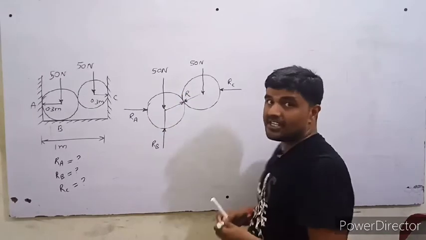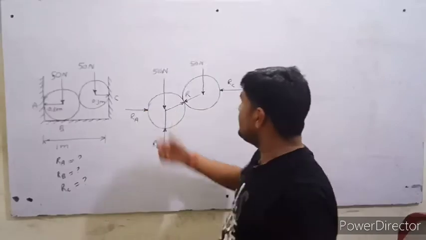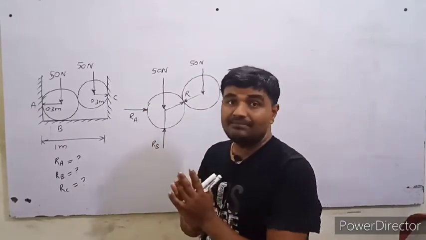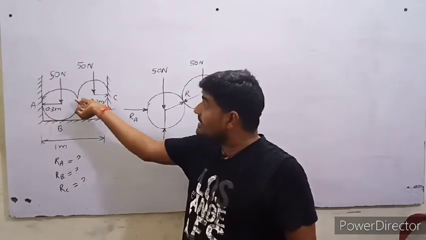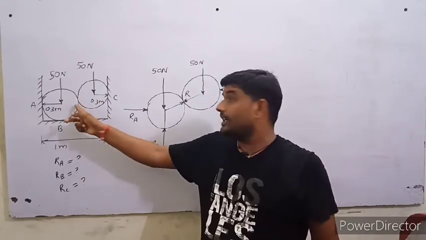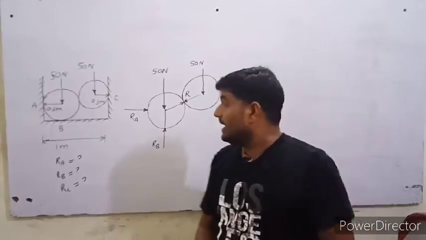equal and opposite reaction, that is R. So students, this is basically our free body diagram. How many forces? Externally we are having three contacts, but there is also an internal contact here, and on this internal contact there will be an equal and opposite reaction. I am assuming that reaction is R.